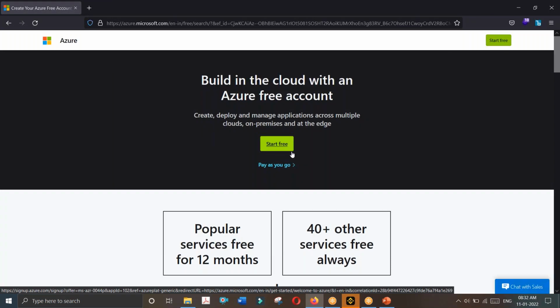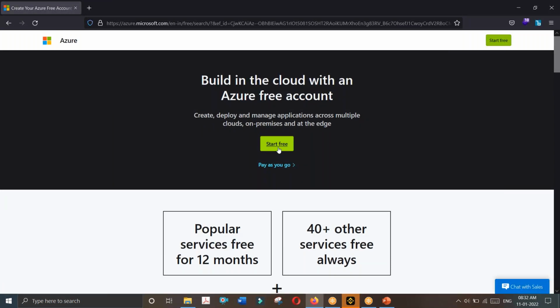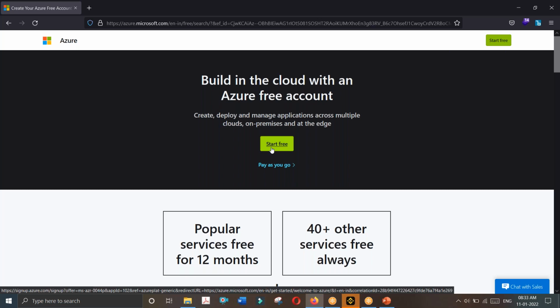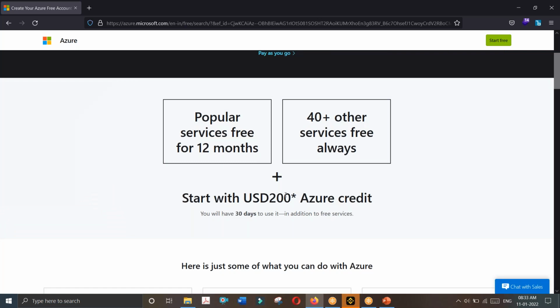You should register by just clicking here, start free. I'll be sharing multiple steps later if you want any help, but it's a step-by-step process, very easy. Just start free, create a Microsoft account for free. Then you should have a Visa or MasterCard, apart from RuPay, as they are not accepting any RuPay cards. If you have Master or Visa or any other payment gateway, credit or debit card, they are going to accept it. So just register yourself, and then you will get around 200